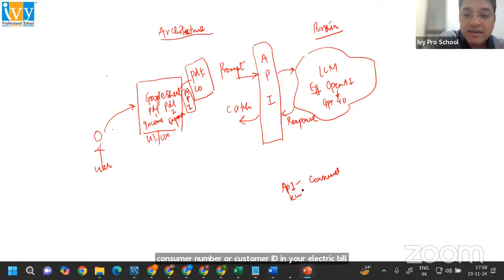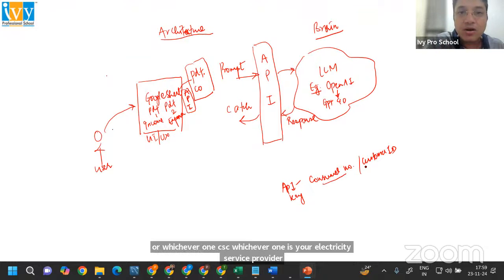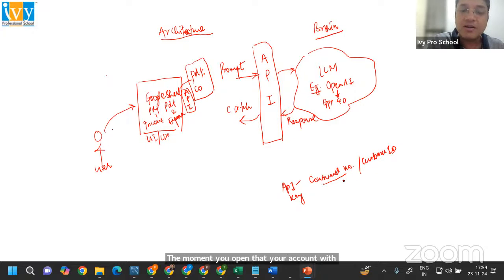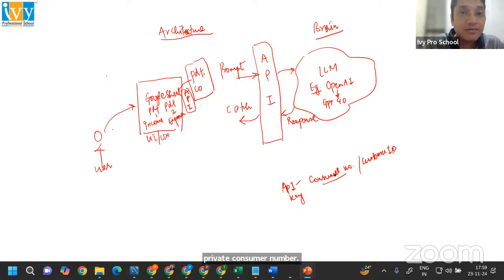The API key, let me call it an API key, is like your consumer number or customer ID in your electricity bill. Your electricity service provider, for example Tata Power, Reliance Power, CSC, whichever one it is, the moment you open your account with them, they give you a customer ID or consumer number. This is your personal private consumer number, and it is linked to your meter, right? The meter captures the units, and based on the units used, it generates the bill,